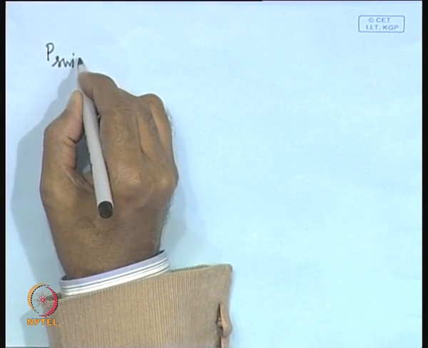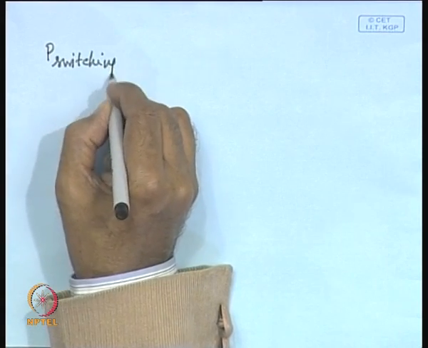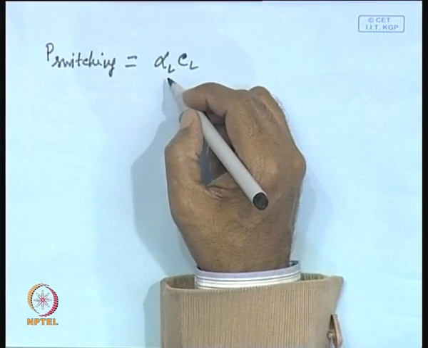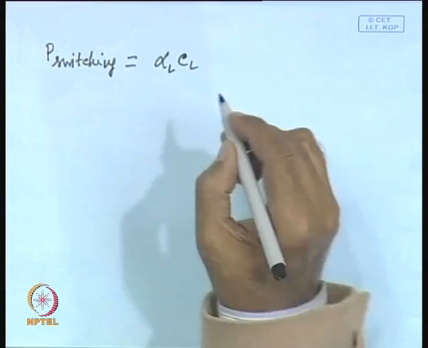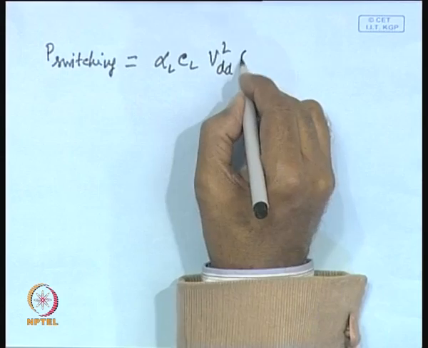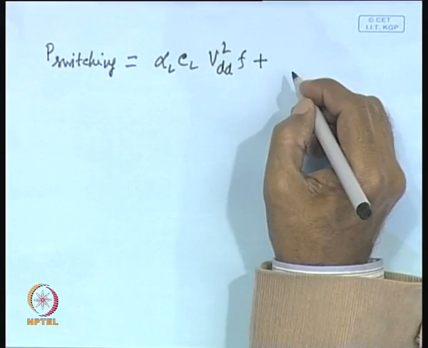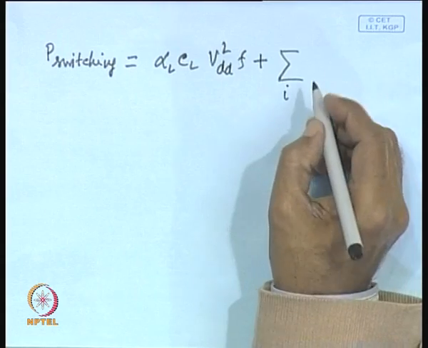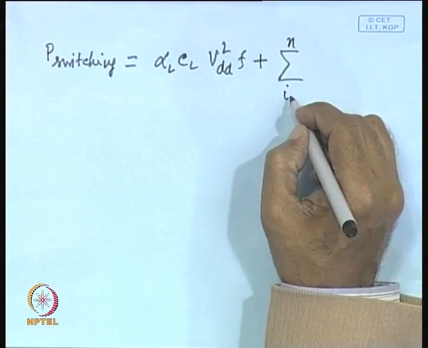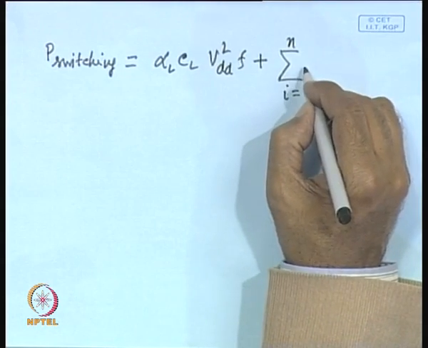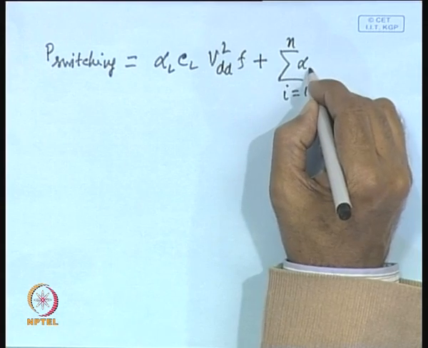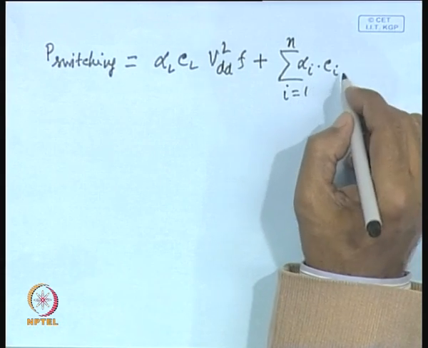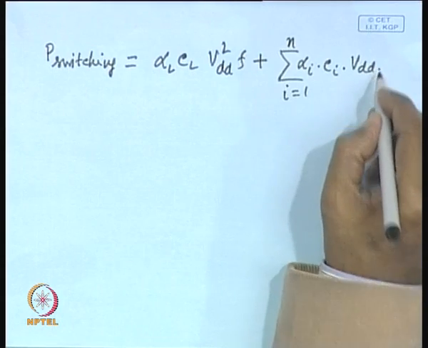P switching will be equal to alpha L CL, where alpha L is the probability of switching activity on the load capacitance, alpha L CL VDD square F. Then it may have a number of internal nodes, say n nodes, i is equal to 1 to n, and you have to take the summation of this power dissipation, that will be equal to alpha i into Ci, where Ci is the node capacitance, alpha i is the probability of switching activity at that node, into VDD into VDD minus